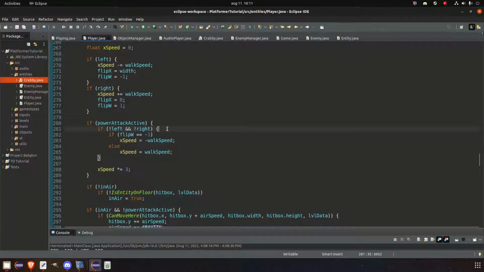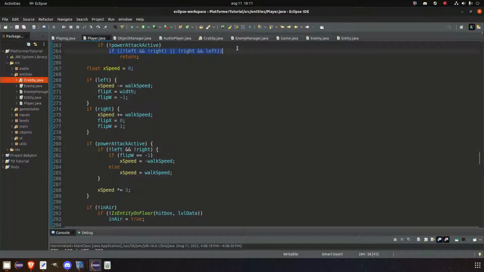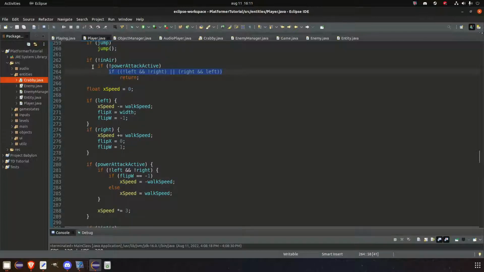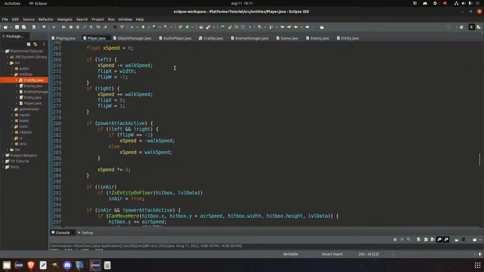But this one will fail if we are pressing both, because we never did a check here, which doesn't really matter, but we did get the power attack is active, but we're pressing both of them, so we never enter this one, which just goes directly to x speed times 3, but x speed will be, well, 0,